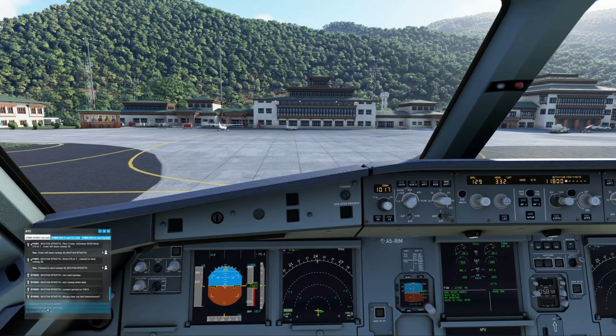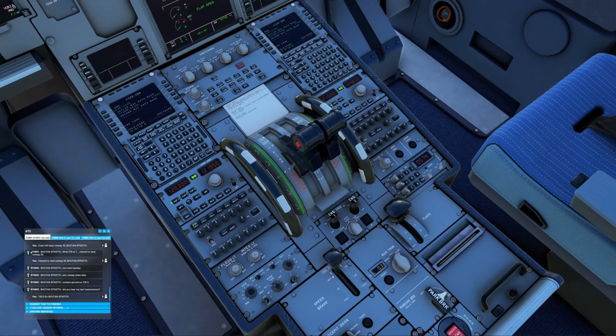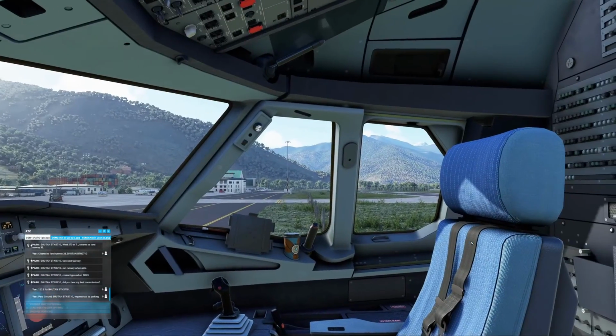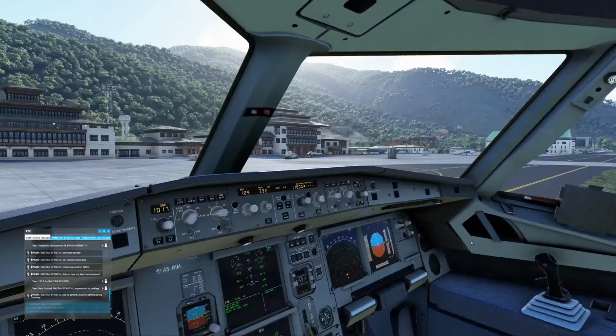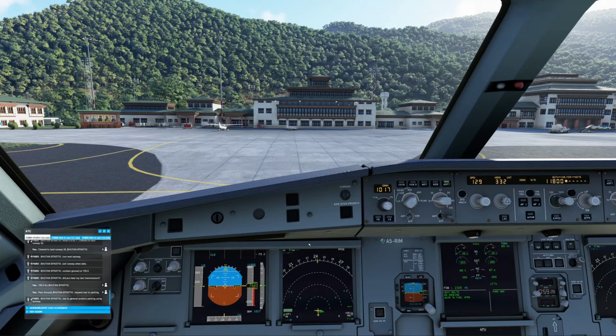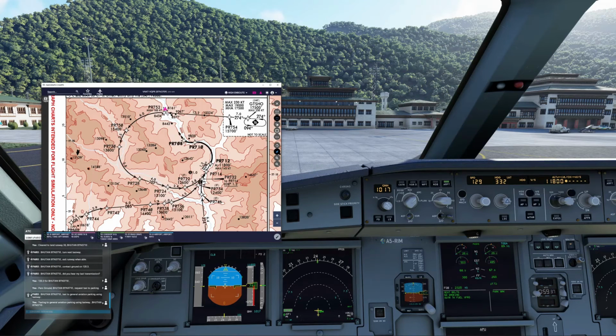Let's respond then. 120.3 for Bhutan Bravo Tango November Tree 710. Request taxi to parking. Paro Ground, Bhutan Bravo Tango November Tree 710, request taxi to parking. Bhutan Bravo Tango, November Tree 710, taxi to general aviation parking using taxiway. Taxiing to general aviation parking using taxiway, Bhutan Bravo Tango November Tree 710.